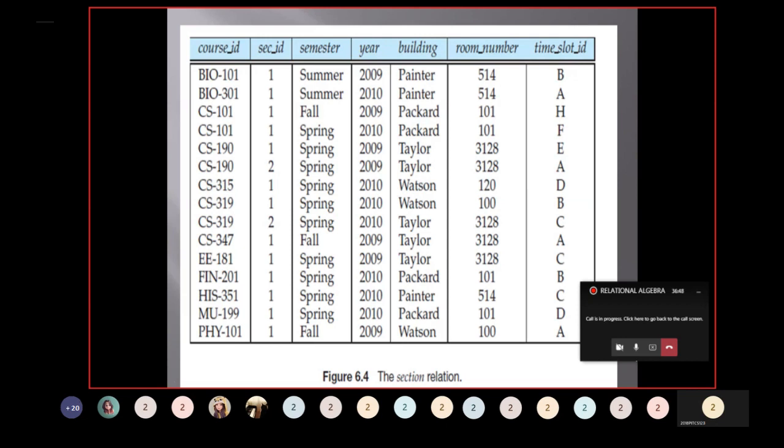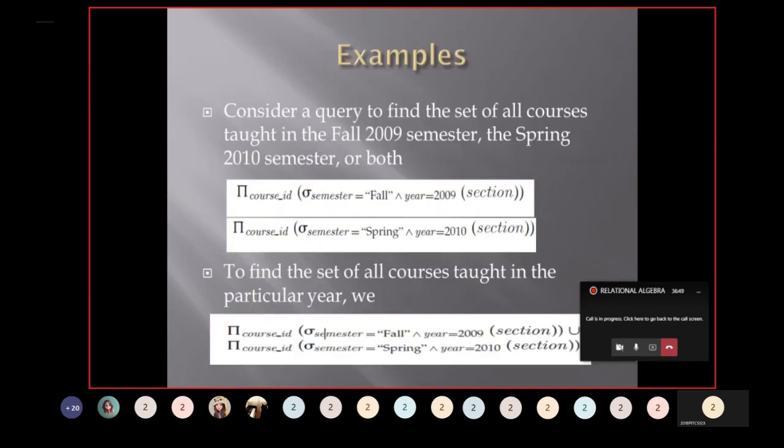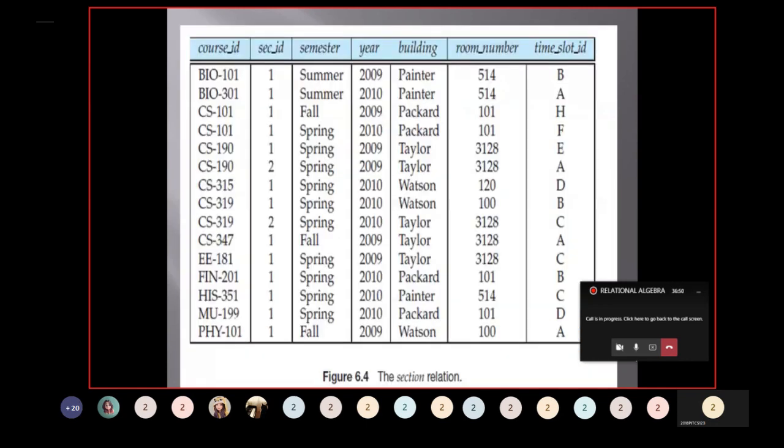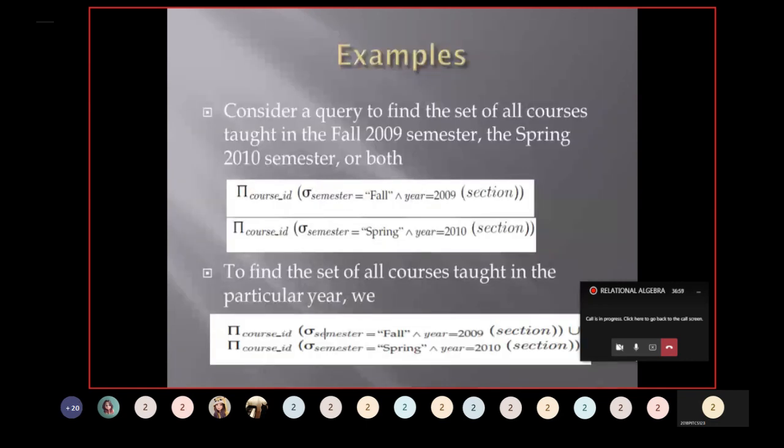Okay, based on this table we can see some examples. Consider the query to find the set of all the courses taught in the fall 2009 semester and the spring 2010 semester both. For this we can write the